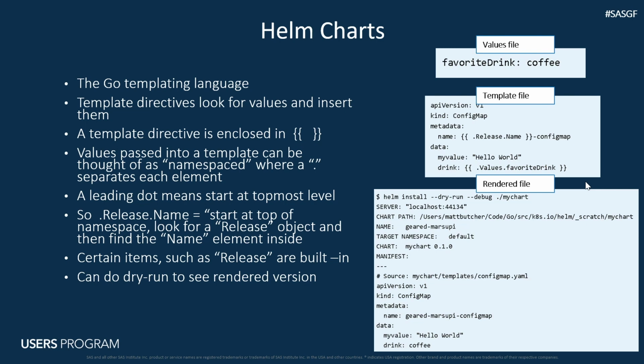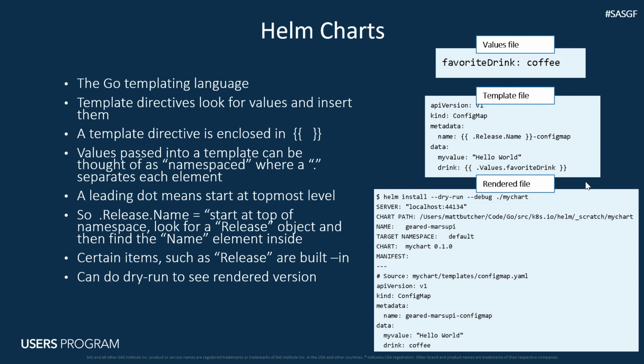So here we have a values file. We'll pretend that it has, in YAML format, a key value pair: favorite drink is coffee. Then we have our template file out there. If you look closely at our template file, it's a config map. You'll see things that look very similar to a regular Kubernetes object. We have the API version, v1, the kind ConfigMap, some metadata about it,